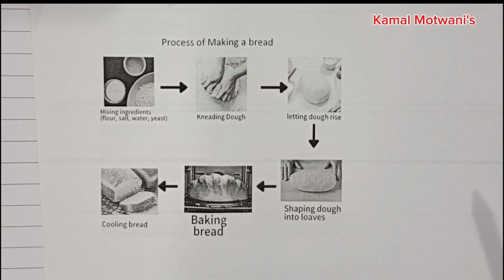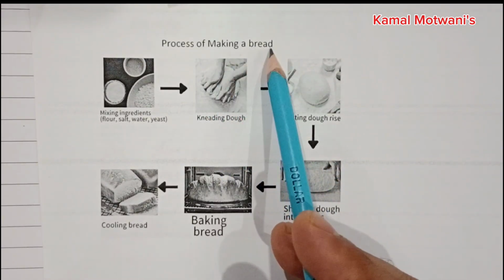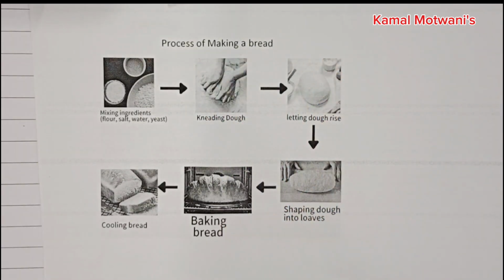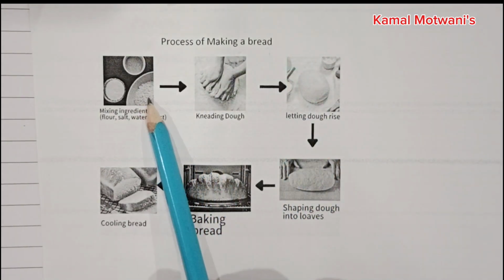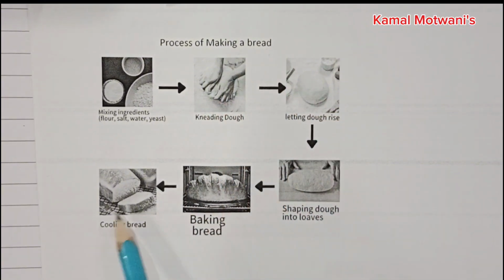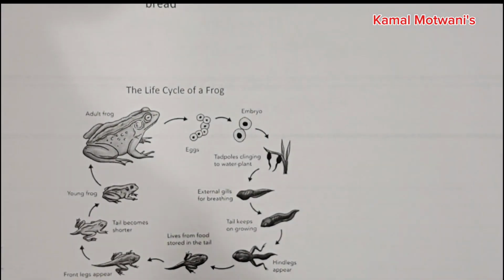So the first process diagram is pertaining to process of making a bread. See, this is the one time process, and again you have to repeat the process in order to make the second lot of the bread. So the process of making a bread involves 6 steps: 1, 2, 3, 4, 5, 6. But this is not the recurring process because it does not get started by itself. It is an artificial process and it needs to start again and again whenever you want to make a new lot of bread.